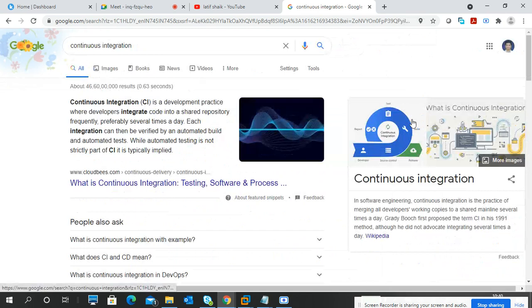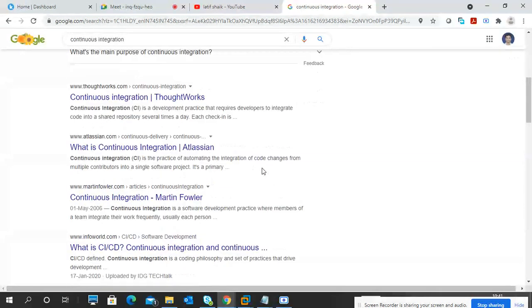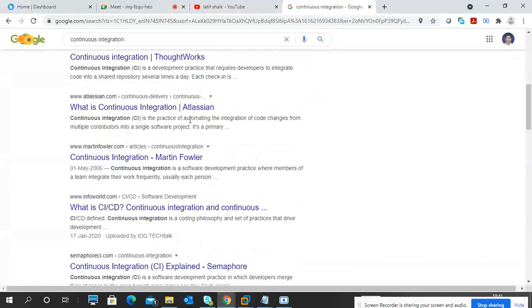You can see that this is the integration part. Okay, you can see these pictures and you'll understand: from developer to completion. So you have to do the same thing again and again frequently, so it is very useful to use continuous integration. Different tools are used for continuous integration.